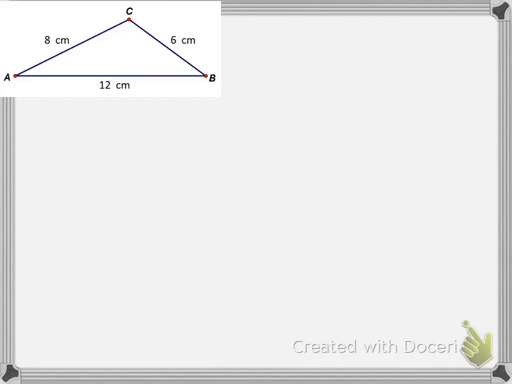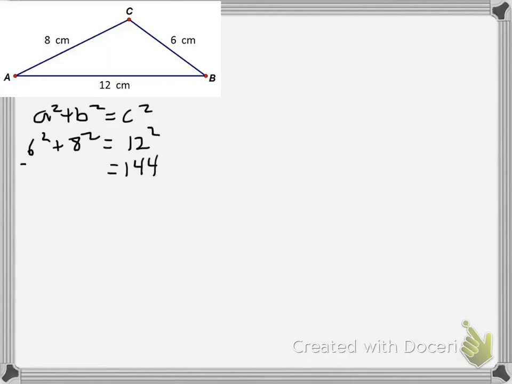If you want to check if it's obtuse, we can do that. We learned that in the last chapter. To check if it's obtuse, I'm going to use a squared plus b squared compared to c squared. You don't have to do this step, but I'm going to tell you that this is an obtuse triangle because you take the two shorter sides, 6 squared plus 8 squared, and then you compare it to the longest side, 12 squared. That's 144. This is 36 plus 64, that's 100. This is 144. So since the c squared is bigger,